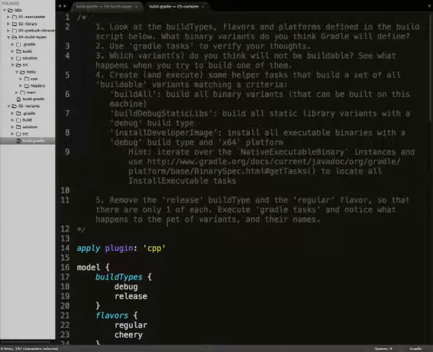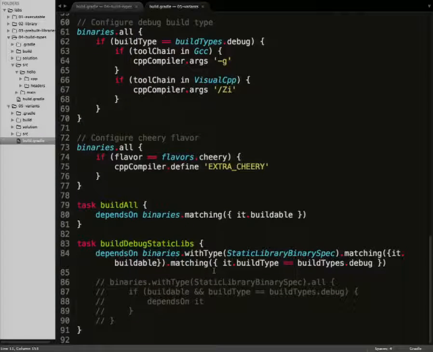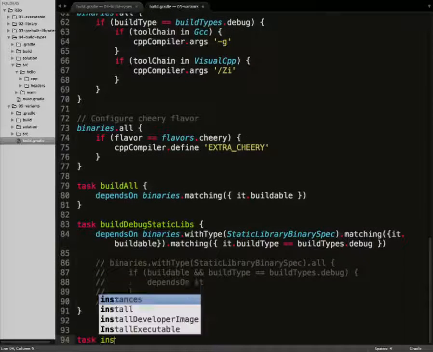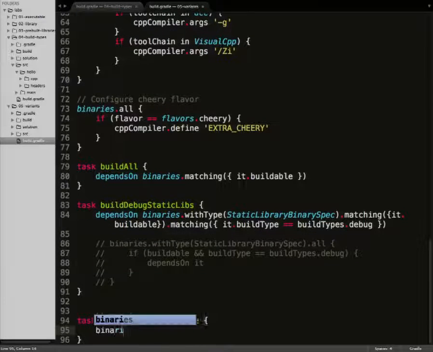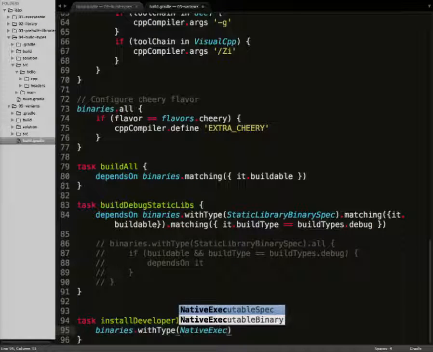So this one's a little bit more tricky because all the ones we've done so far have been just building, like building and linking. We haven't wanted just one particular type of task that's related to a binary. So we're going to say, okay, task, install developer image, and for all of the native executable,